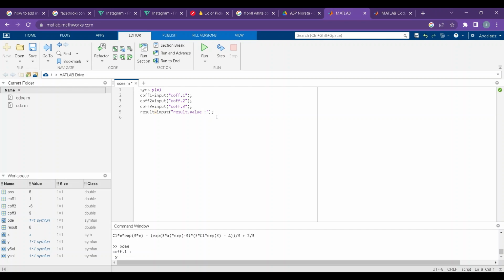Now we're gonna define ODE itself, the ordinary differential equation. So in our first step, we multiply the first coefficient with the second derivative of y with respect to x. The second coefficient is going to be multiplied with the first derivative of y, and the third coefficient is going to be multiplied with y itself. Now how should we write that? First of all, we're going to write ODE is equal to first coefficient of 1